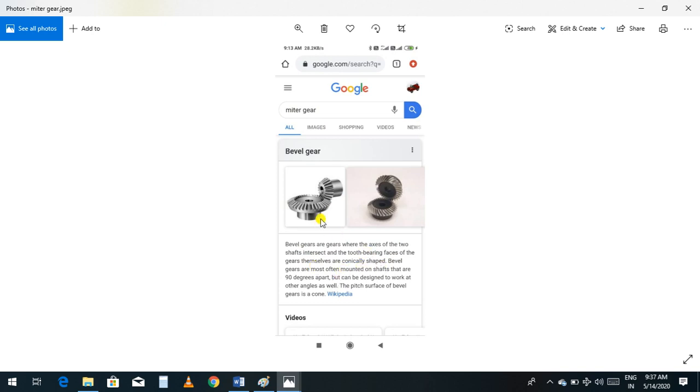Conically shaped means draft shaped. Bevel gears are most often mounted on shafts at 90 degrees, but can be designed to work at other angles. You can give angles depending on the shape you want, and then go ahead for drawing. So this type of gear is called a miter gear.